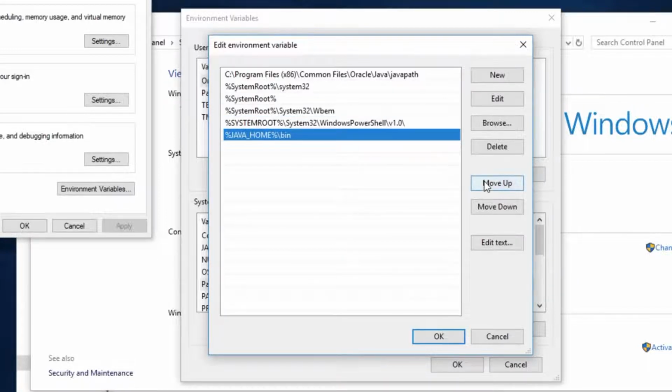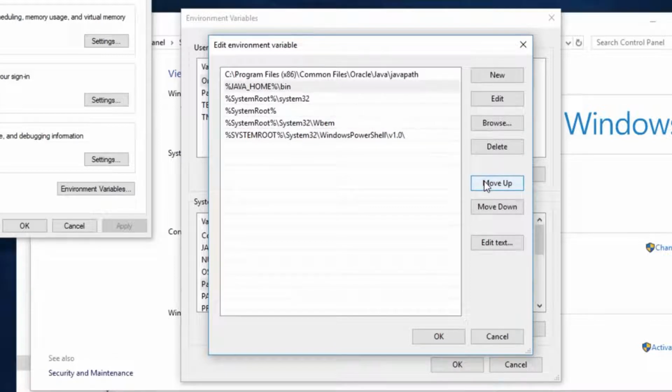So we're just going to move this up a few times, and that means that the first place that we're telling Windows to look is definitely going to be this Java home bin directory. And the reason for that is because, unfortunately, Windows actually comes with a JRE to be able to execute Java in the browser, and that's actually stored in this path here. And by putting this Java_home bin before that, it means that we're going to get our version of Java, which is part of the JDK, which we've just downloaded.